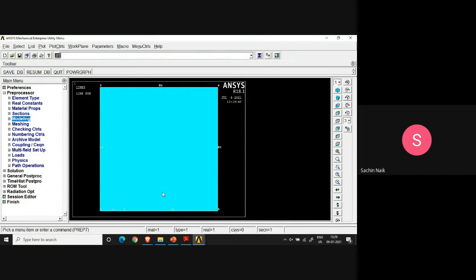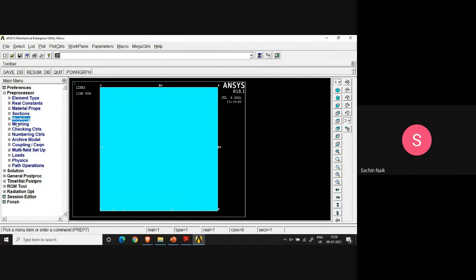Also, load in ANSYS software is regarded as actually a boundary condition. So load can be applied on the top edge as well as the bottom edge. Half of the top edge is available in the form of line L4 in our geometry. So I'll apply load on line L4 and give symmetry boundary conditions on lines L2 and L5. That's how I recognize the boundary conditions. So I go ahead with that.